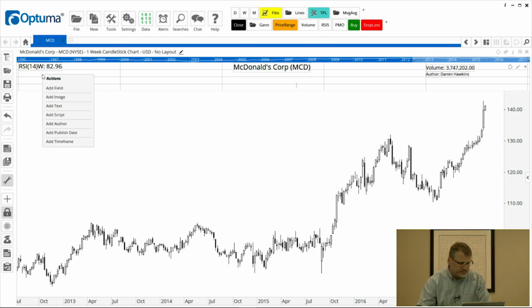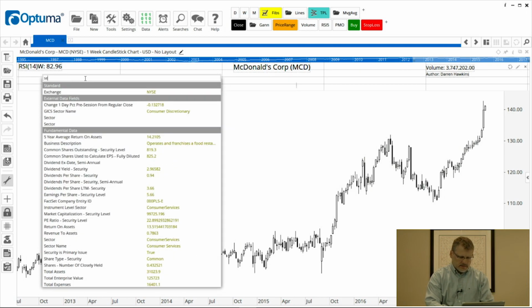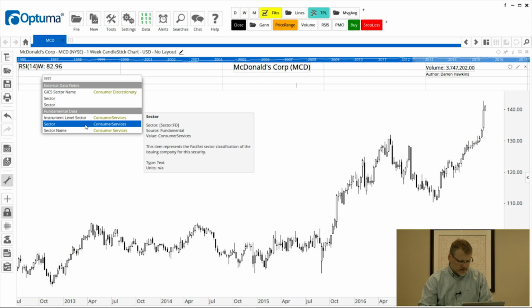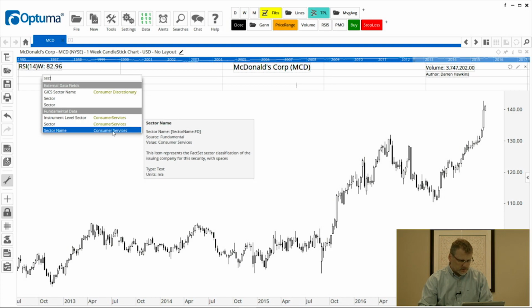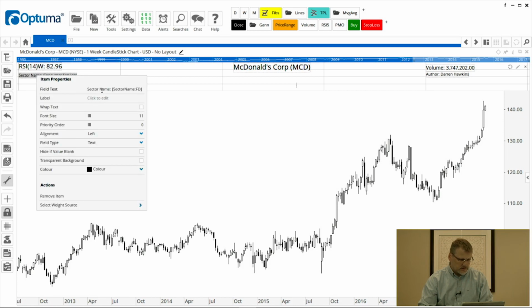We can also add fundamental fields. So as long as you've got the fundamental data enabled on your account, we can type sector, and under fundamental field or fundamental data section, sector name, consumer services. And again, the field text.